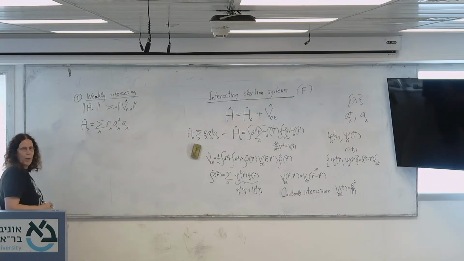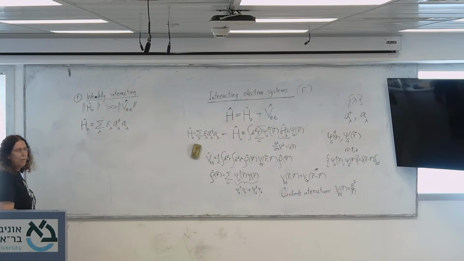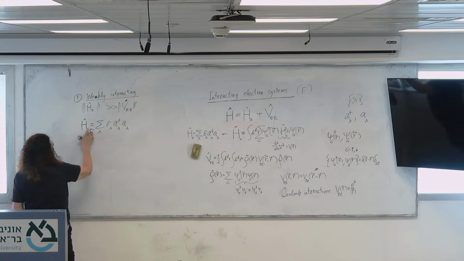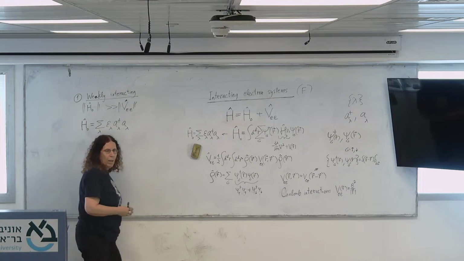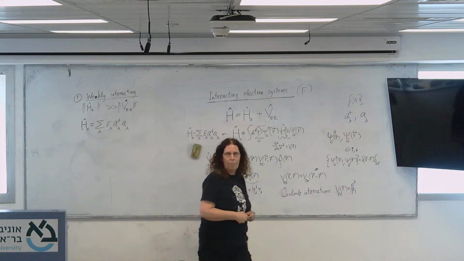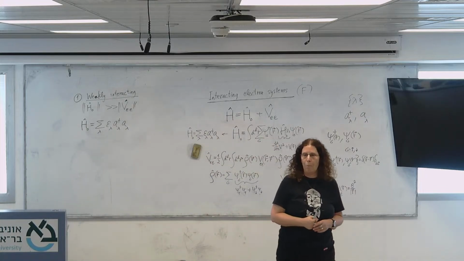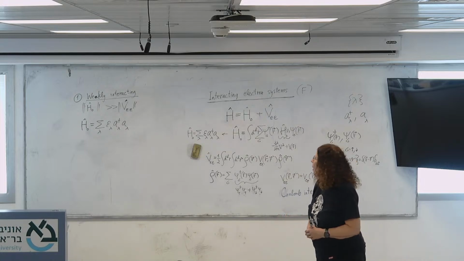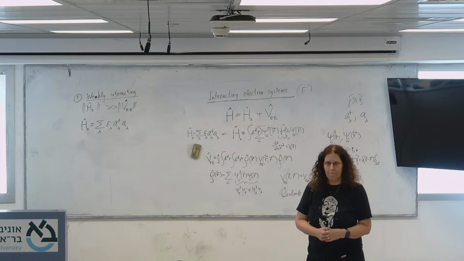And I'll soon give you an example for electrons in a metal. And these A lambda and A lambda dagger, they are fermion operators. Okay, they are fermion operators. Therefore,